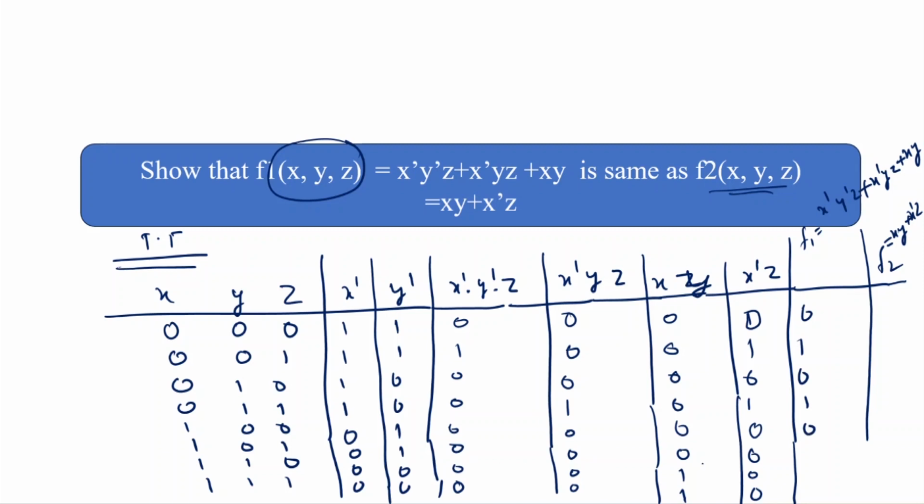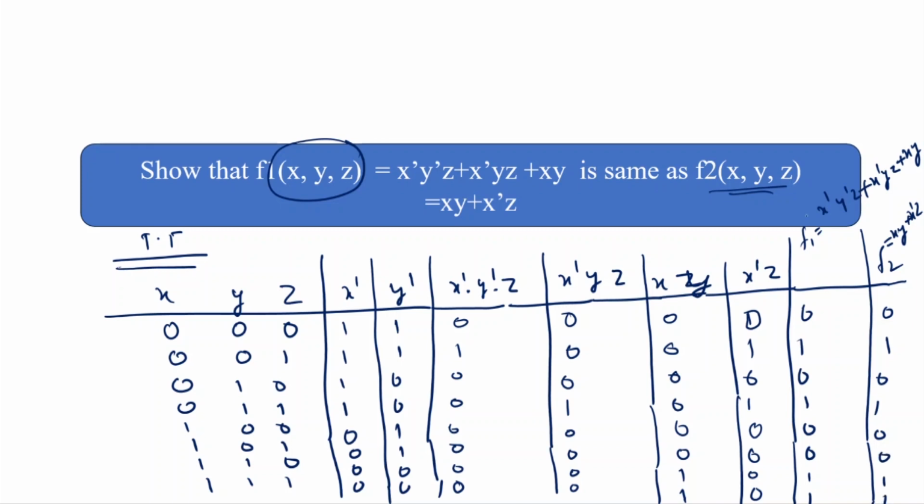Here the next term is all 0 0 0, and here the next term is 1 and 1, this means these are 1 1. Similarly, what will be the value of f2? That means xy plus x' z. Here xy and x'z, this is what? 0 0, that is 0 0 1, that is 1, then again 0, then again 0 1 1, then what is this? This value is 0, this value is 0, this is 1 1.